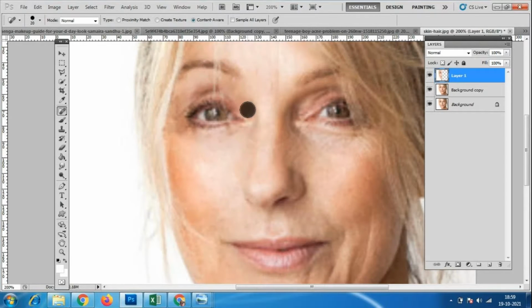In this image there are not many wrinkles. Even these hairs, you can remove them, the extra hairs on the face.